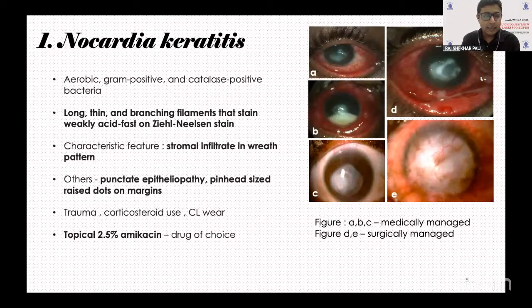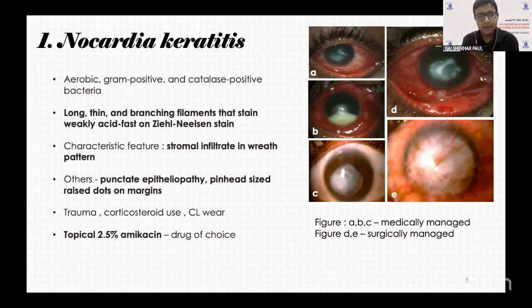Nocardia are thin, long, branching filaments that stain weakly acid-fast on Ziehl-Neelsen stain. Characteristically, they have a stromal infiltrate in a wreath pattern. They can also have a cracked windshield appearance, punctate epitheliopathy, and pinhead-sized raised dots on the margin. Topical 2.5% amikacin is the drug of choice. These are a few cases, A, B, C being managed medically, and D and E with a failed therapeutic graft